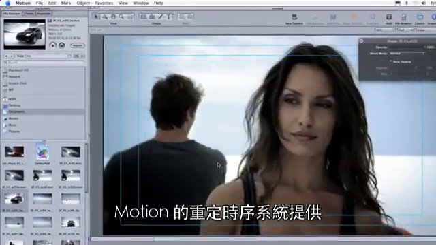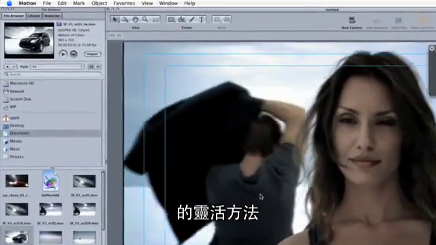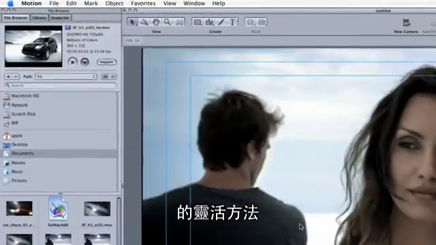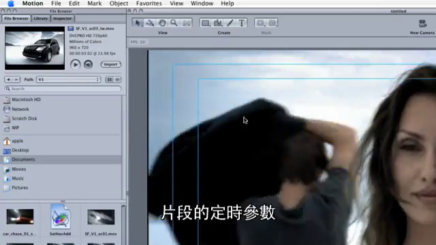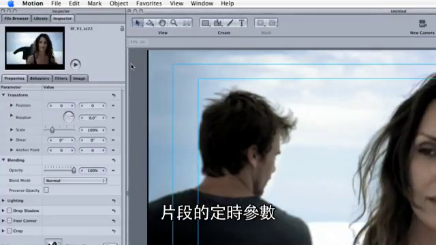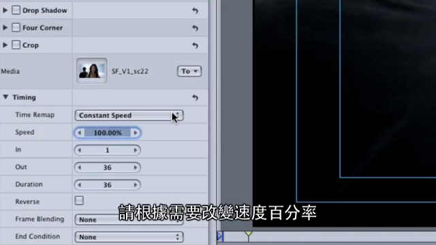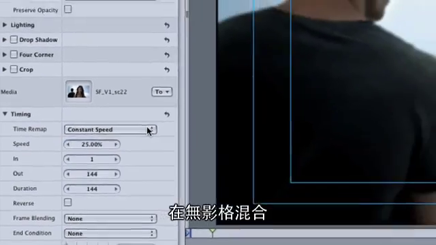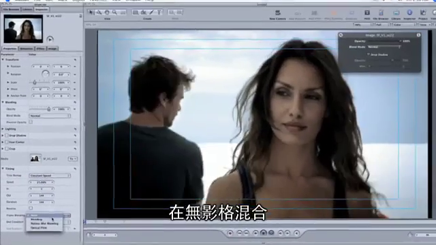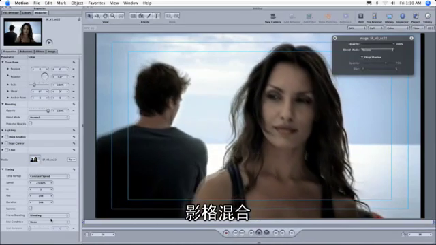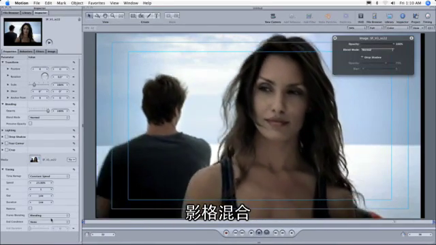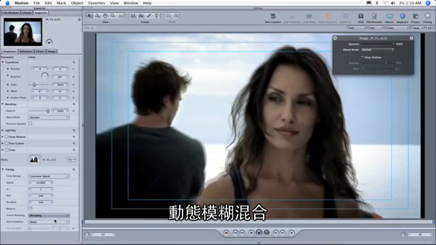Motion's retiming system offers several flexible methods for creating extreme time warping effects. Timing parameters for a clip can be found in the Properties Inspector. To create a simple slow motion effect, change the speed percentage as desired. Choose between no frame blending, frame blending, motion blur blending,